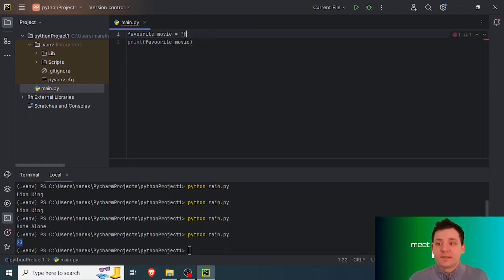It can be an integer, like 23. It can be a float, like 2.3. And it can be Boolean, like true. Again, I know it doesn't really make much sense, favorite movie true, but for example, when Booleans do make sense